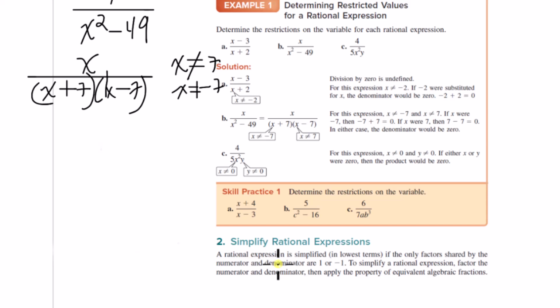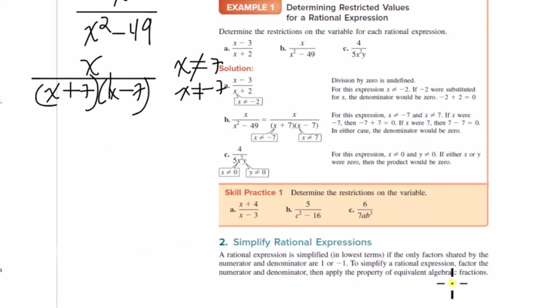A rational expression is simplified, in lowest terms, if the only factors shared by the numerator and denominator are 1 or minus 1. Okay, so that's how you can look at it. With a rational expression, it's a ratio of polynomials, right? Well, we know how to factor polynomials, and so you can think about a rational expression as fully simplified if you factored the numerator and denominator and canceled out all of the common factors. So to simplify a rational expression, factor the numerator and denominator, then apply the property of equivalent algebraic